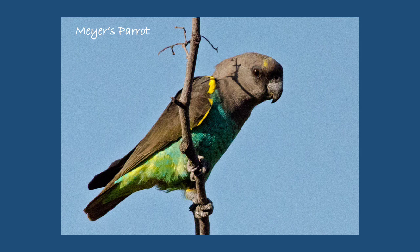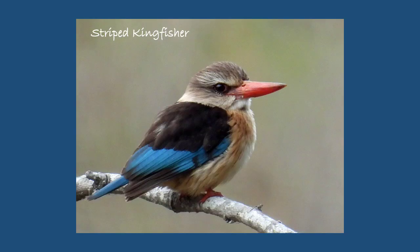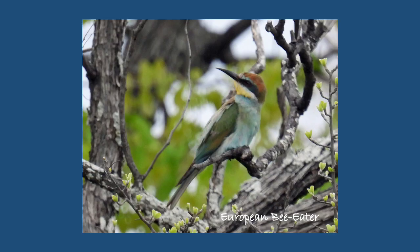Mayer's parrot is really to be found only in the far north of Kruger, we were lucky to see them. They are also found near Mapungubwe, as we'd seen previously. And the striped kingfisher, one of the little smaller kingfishers, not dependent on water, that's a delight to see. As is the